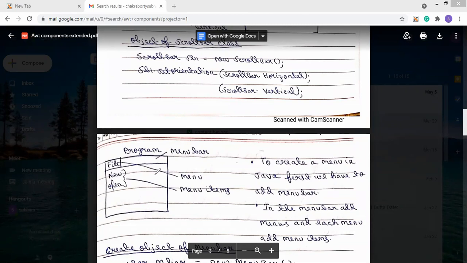Inside each particular menu, there are some menu items present.